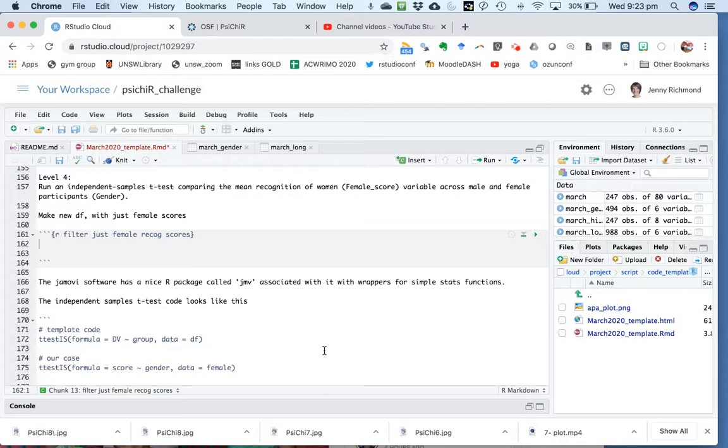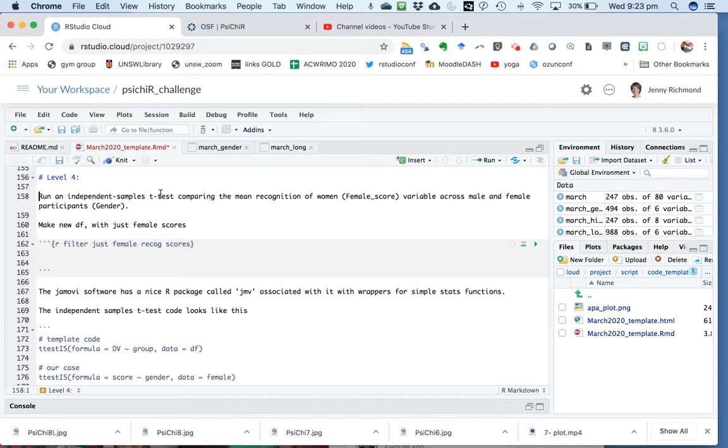All right, we are up to level 4 of the challenge. So let's just put a hash in here to make that a heading. And for level 4, the challenge is to run an independent samples t-test comparing the mean recognition for female psychologists across male and female participants. So we're looking for an effect of gender on the recognition of female